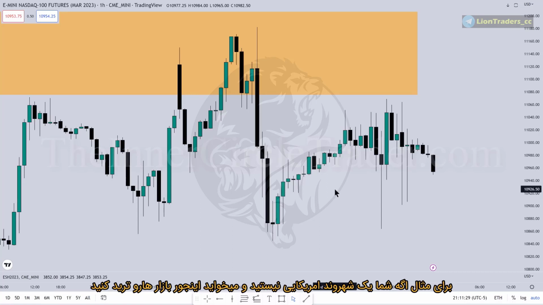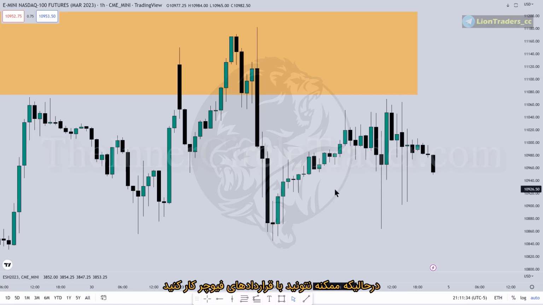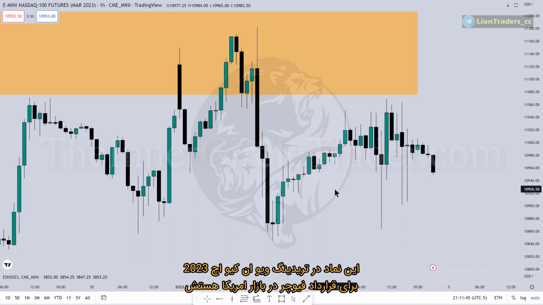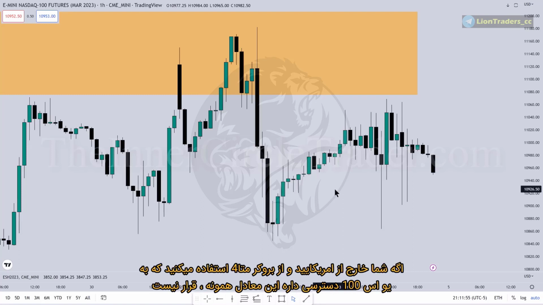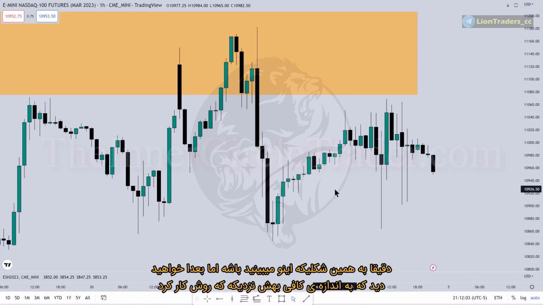So, for instance, if you're not a U.S. citizen and you want to trade these types of markets, while you may not be able to engage the actual futures contract because you're outside the States, you can trade NASDAQ futures. Like when we're looking at this symbol here, this symbol on TradingView would be NQH2023. That's for the futures contract in the U.S. market. If you're outside the U.S. and you're using an MT4 broker that has access to US 100, it's equivalent. It's not going to mark to market perfectly as you would see this, but you'll see later on it's close